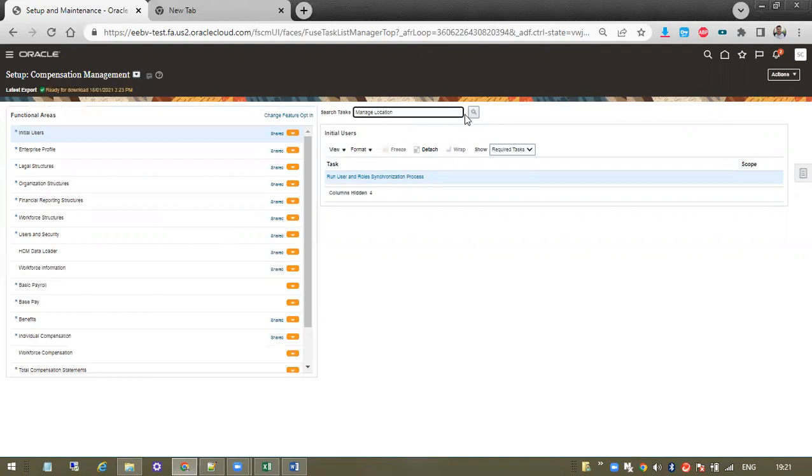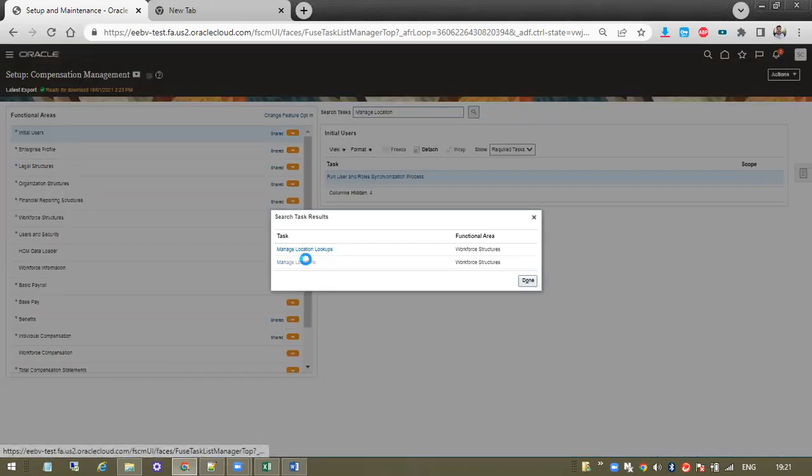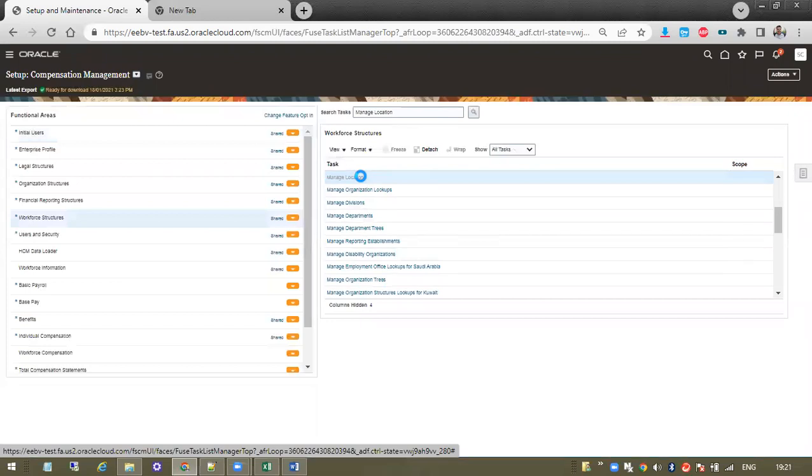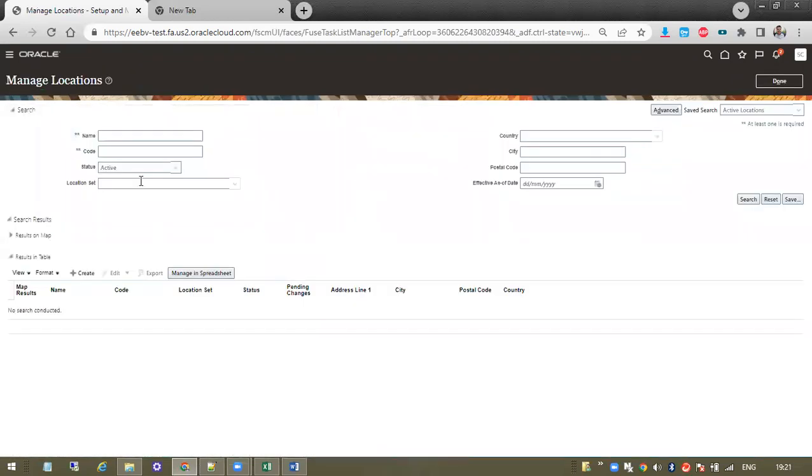So first I need to create the action reason, then I need to map it to actions. So while creating the new locations, நான் new location create பண்றப்ப அந்த action reason how can I use that? So this is the configuration we are doing here. For creating the new location,